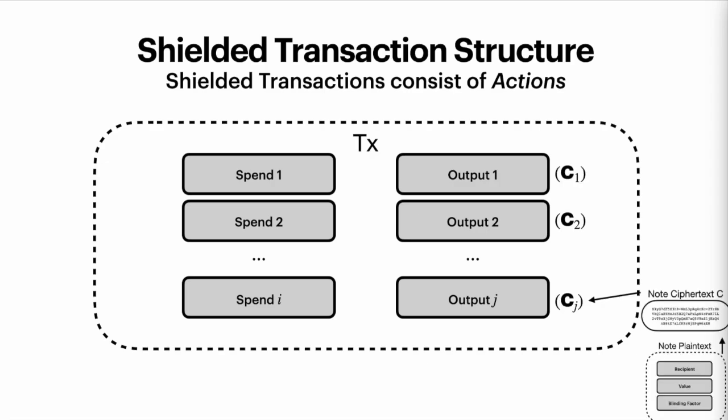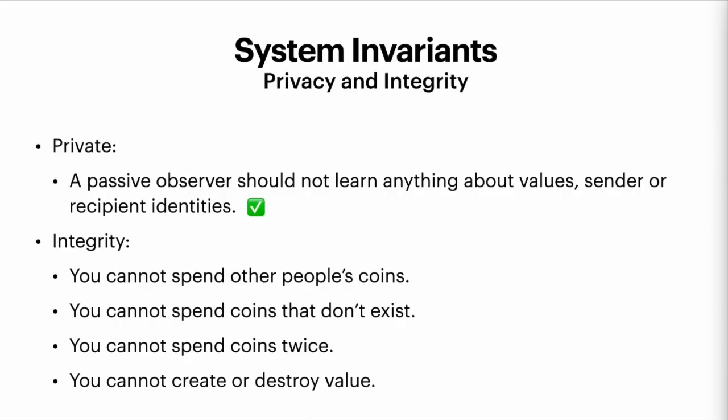So we know so far that one of the things that's going in the output are these note ciphertexts, again, encrypted to the recipient. The recipient is going to scan the chain, basically trial decrypt every note ciphertext using the incoming viewing key. And those notes that decrypt, they know, aha, those are notes that are for me. So that's the first piece. So bam, we've got the privacy part tackled, but now we need to figure out the hard stuff, which are